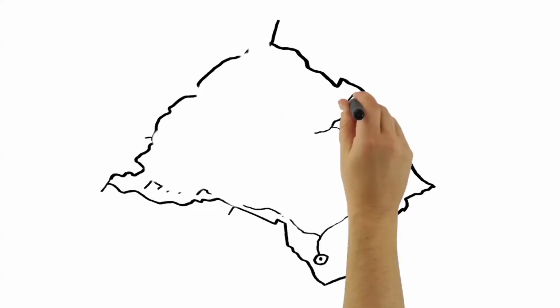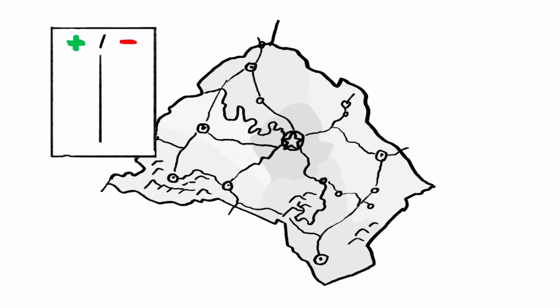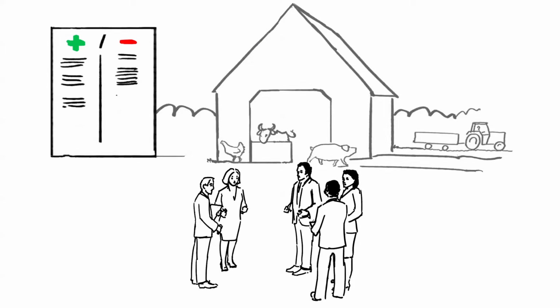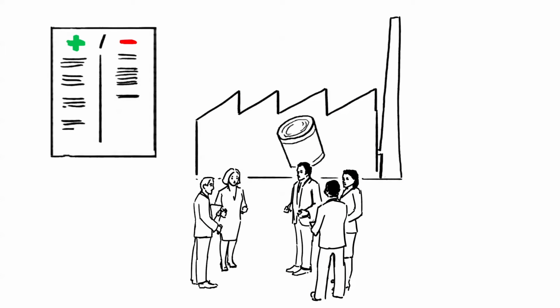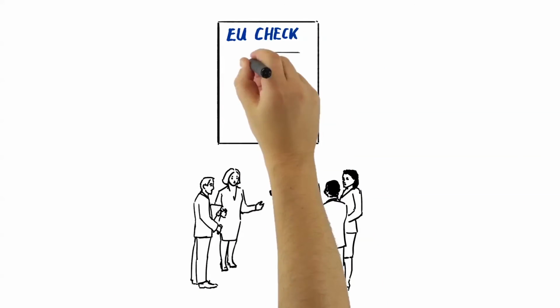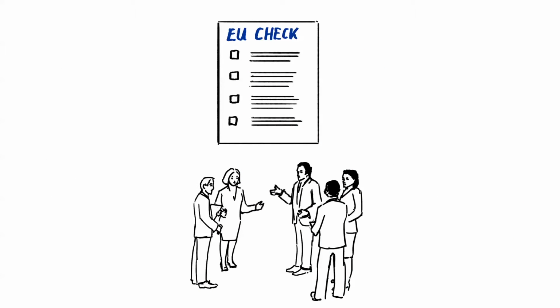After the opening meeting, the auditors travel to several administrative regions of the country to meet the competent authorities at regional and local level and to go with them, for example, to farms, food or other establishments and laboratories. The aim of these on-the-spot visits is to verify if the control system works in practice, or if improvements are required to comply with EU standards or international standards accepted by the EU.